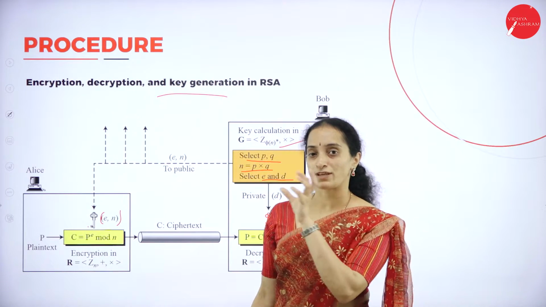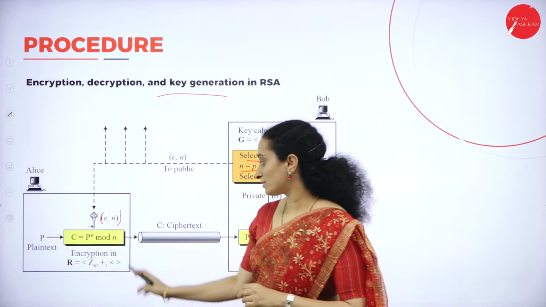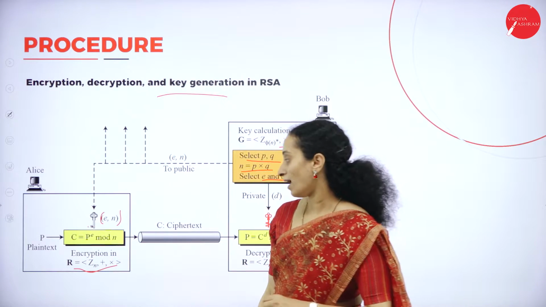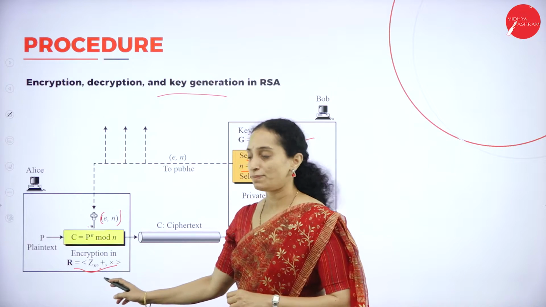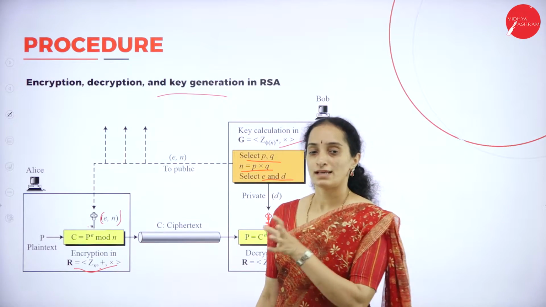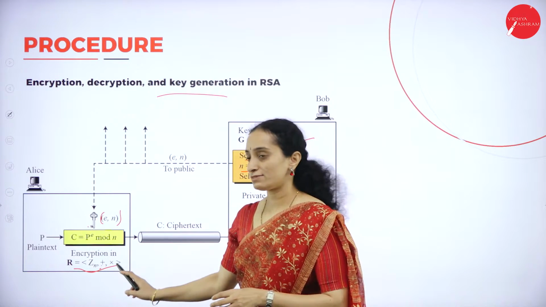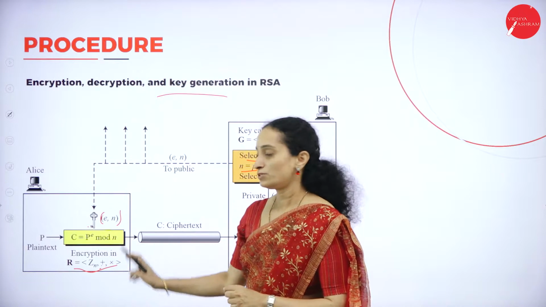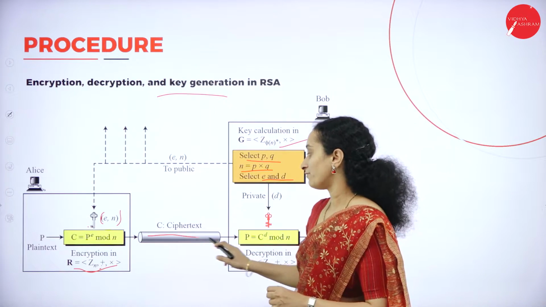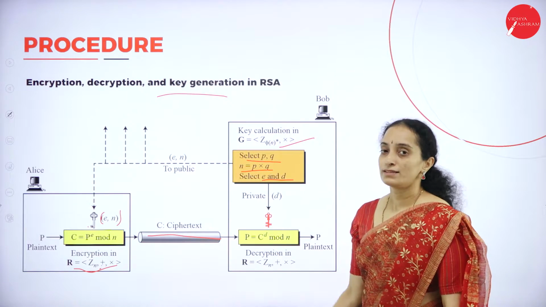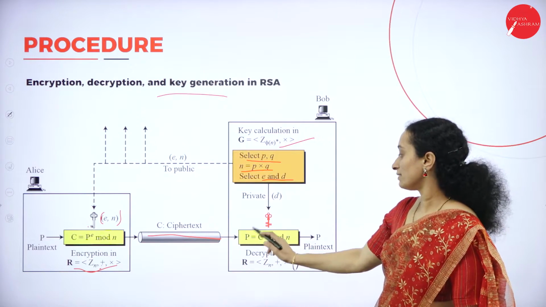N is the number of characters in the message. Encryption will be done by using the expression R equals Z to the base n, with the additive inverse as well as the additive and multiplicative values used to encrypt, and the ciphertext is transmitted over the insecure channel. The receiver is going to receive the